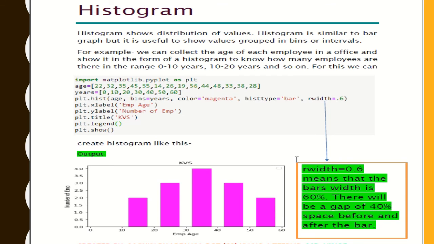Okay, so this is all about your data visualization. There were many other topics as well, like scatter and box plot, but all these topics have been excluded from your board examination curriculum. The revised syllabus has deleted all these topics, so we will not move on with them. Okay, thank you.